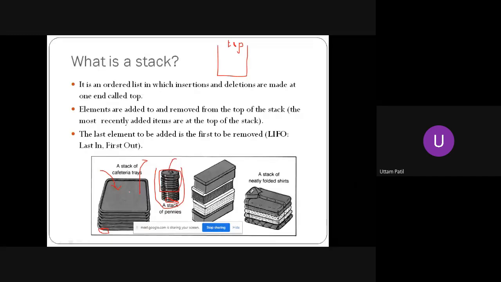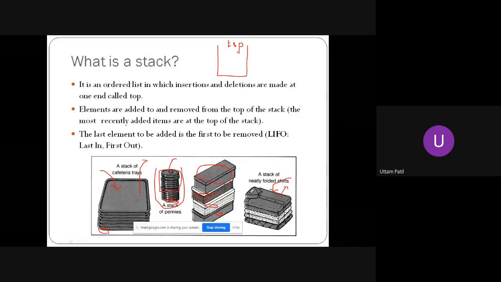So this can be your imagination with respect to stack. Another thing is there are some shoe boxes kept here. Whatever box is kept on the top, you can remove it first, then something below, then this, and then the last. Even let it be your clothes. Whatever you have kept latest, that you can remove first. So this can be your visualization with respect to stack.